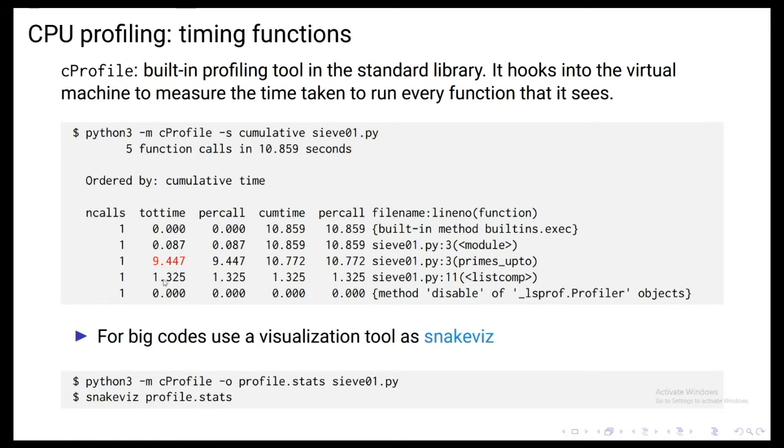We see, so this is like 90 and 10%, so it's not negligible, that is being consumed by a list comprehension. This is the return at the very end of the primes up to, so it's returning the value of the reduced CF list, so the value of true booleans. And so for a simple code like this, the information on the screen can be enough, but for big codes you can